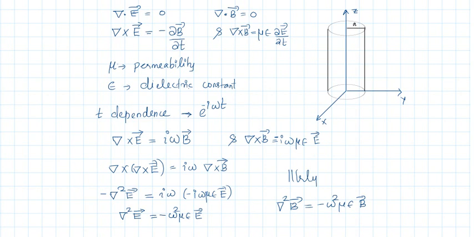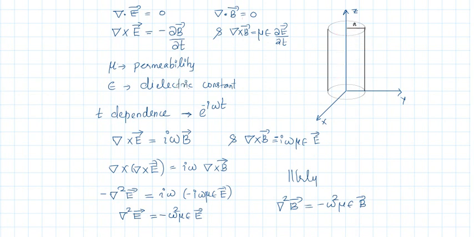And what we are looking for is the possible values of electric and magnetic fields inside this waveguide. For that, we have the standard procedure to solve Maxwell's equations. The four Maxwell's equations in source-free space are del dot E equal to 0, del dot B equal to 0, del cross E equal to minus dou B by dou t, del cross B equal to mu epsilon dou E by dou t. Here, mu is the permeability of the medium inside the waveguide. Epsilon is the dielectric constant of the medium inside the waveguide.